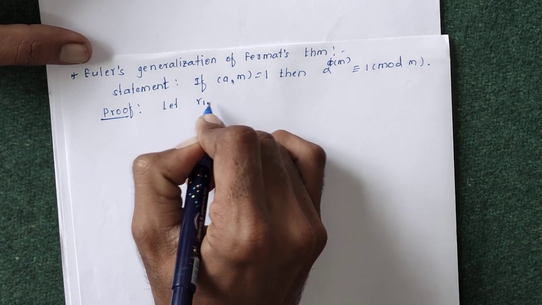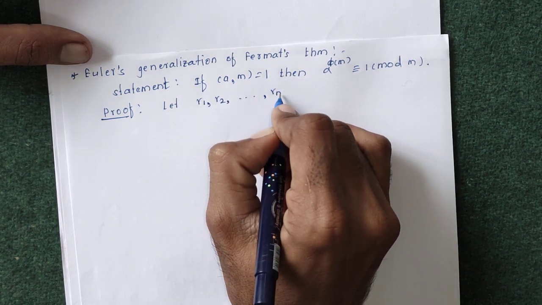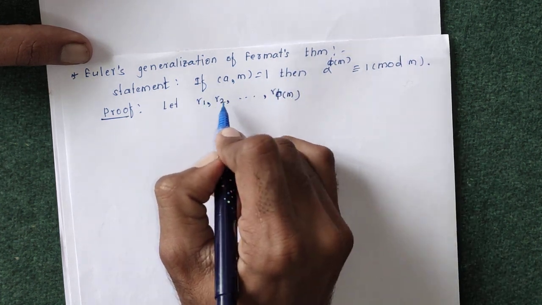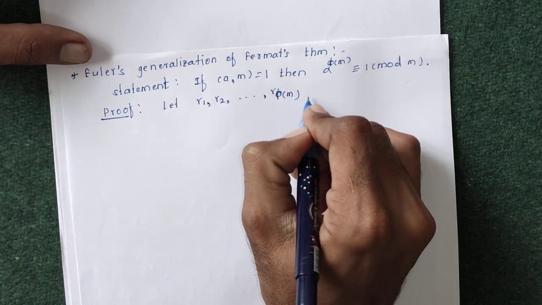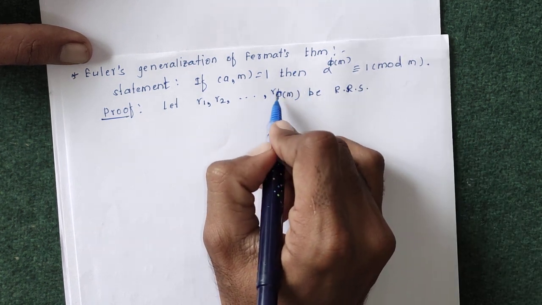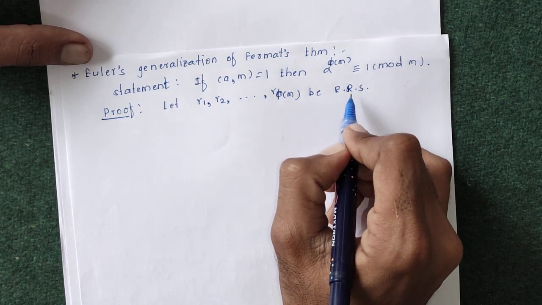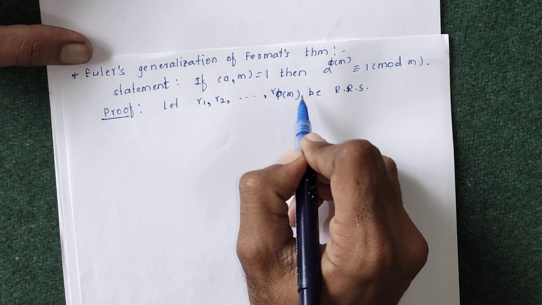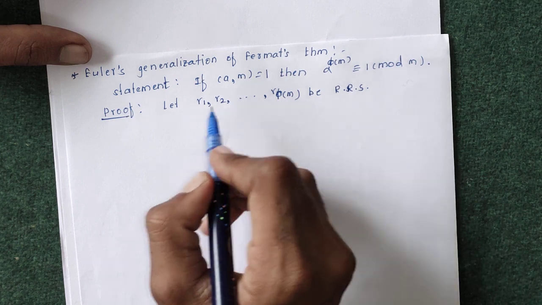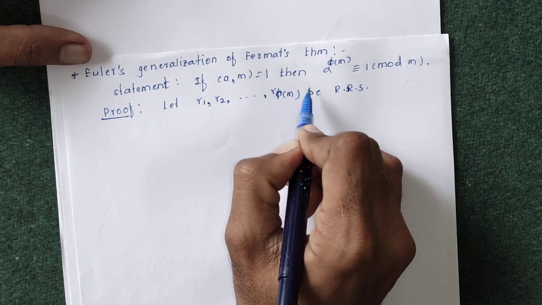R1, R2 up to Rn, instead of n we will take R phi of m, where phi of m is the suffix. Let R1, R2 up to R phi of m be a reduced residue system. Here we have taken phi of m as suffix, since in a reduced residue system, R1, R2 up to R phi of m or Rn, whatever it may be,